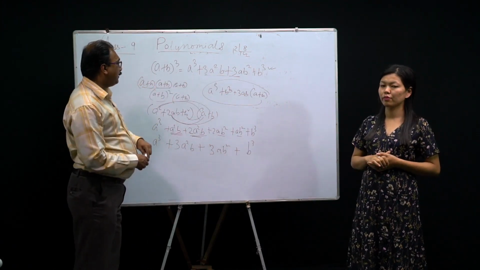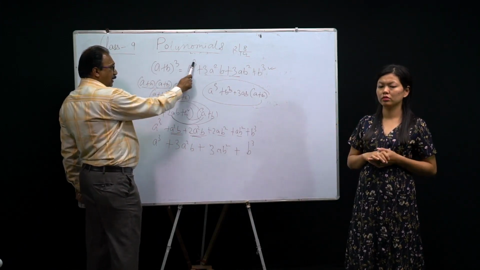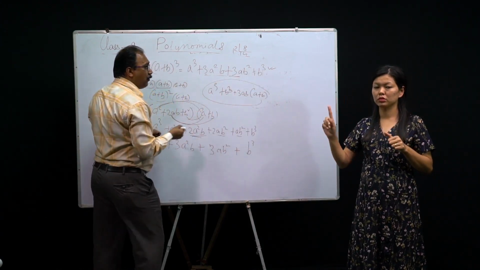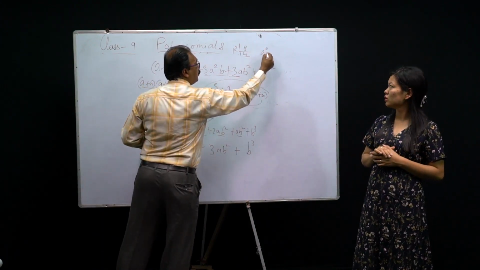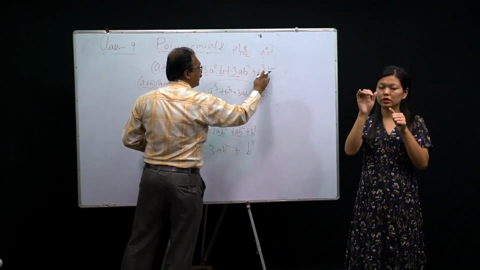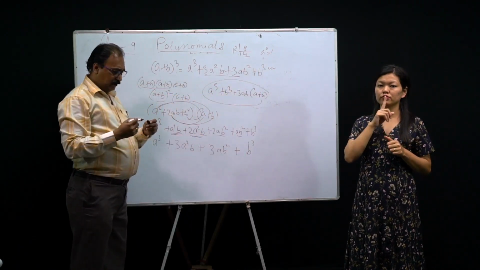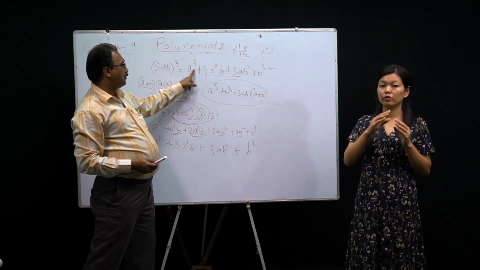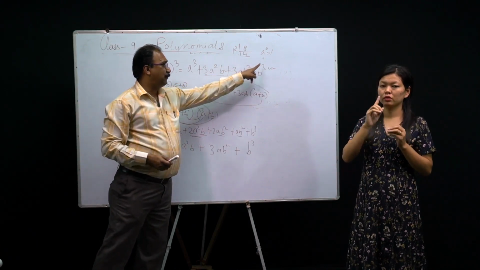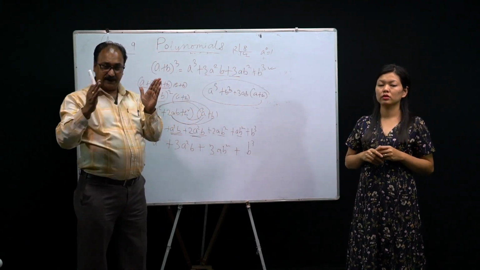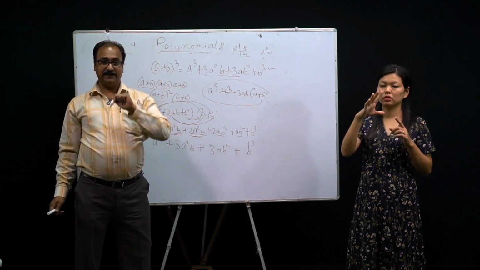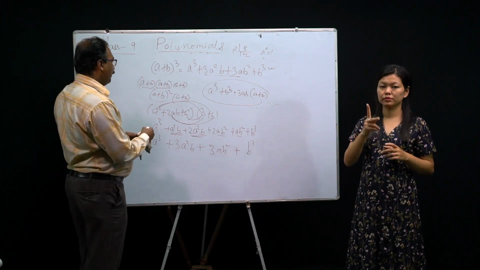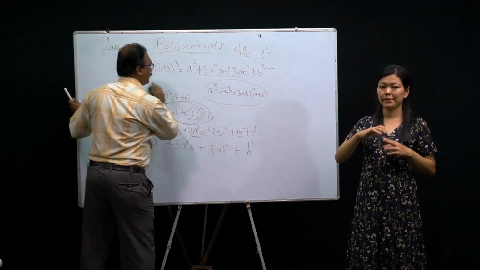Now look here, how to remember this? The first term, a, has power decreasing: 3, 2, 1. No power means a to the power 0, and anything to the power 0 is 1, so that 1 is silent here. Are you clear on my point? But the b power is increasing: b is first 0, that means b power is 0, then b power is 1, b power is 2, b power is 3. The first term's power decreases, the second term's power increases. This is the way you can remember the formula. Okay? But if it is minus, what will happen? The same thing we can solve in minus.